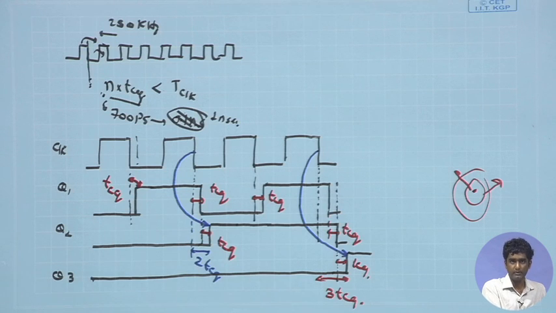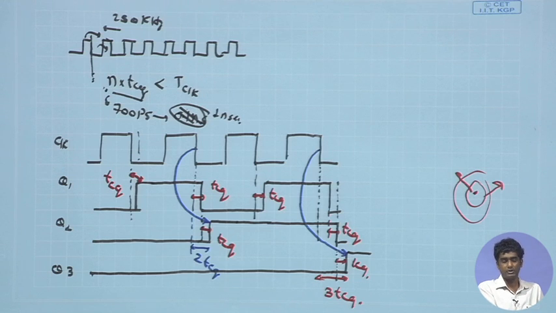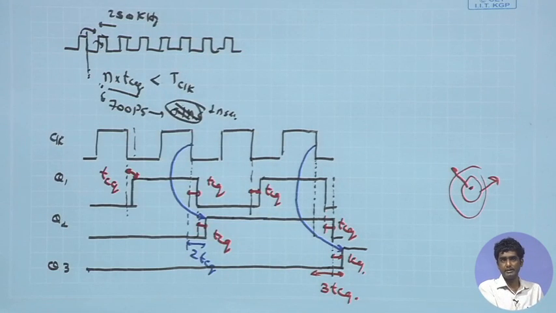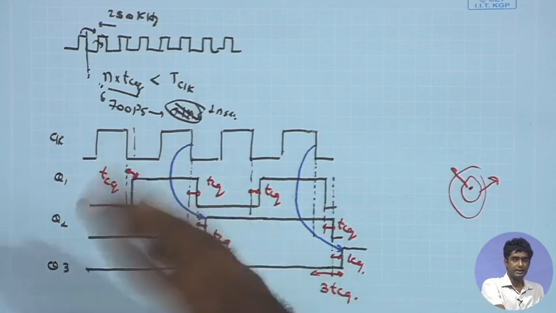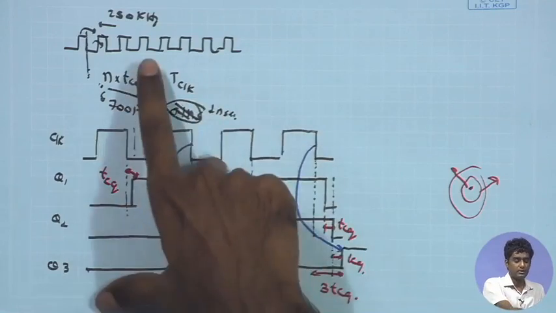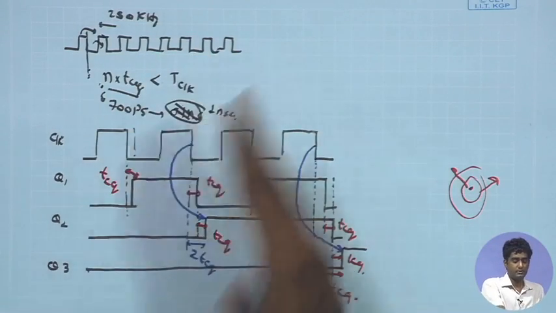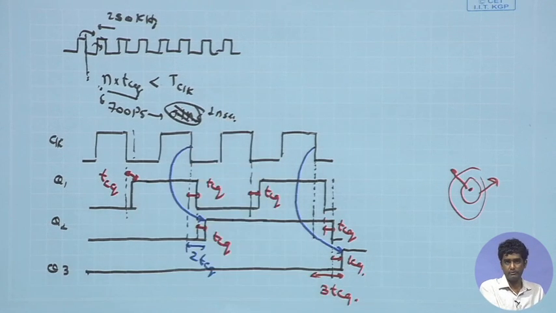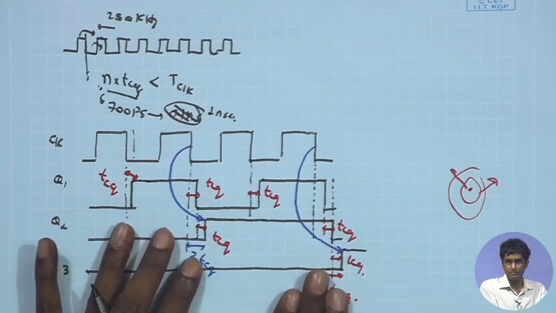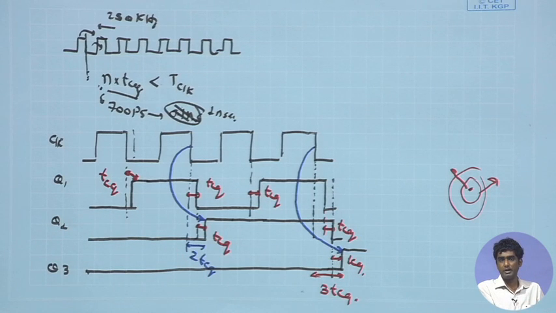we should just be aware that if you are trying to extend this concept to a different design spec, having a higher number of resolution, where the required clock frequency is increasing, then when you go on adding from 7 to 8, 8 to 9, 10, 11 and so many bits, each addition of a bit doubles the clock frequency, and as a result for a higher number of bits you may approach close to the delay of the flip flop, and in those cases the ripple counter may not be a good option. If you are going for a higher number of bits, we may like to go for